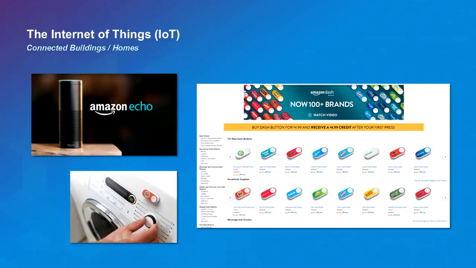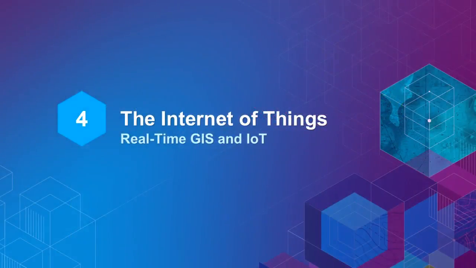The neat thing about it, too, is effectively there's no cost for users. Right now, Amazon has these for $4.99. Not that I'm working for Amazon or anything, but they're $4.99. But then the first time you buy something, you get that money back. So it's a cool way for people that just want to play with it. Hey, may as well pick a brand you like and order a couple. I know a couple of us in the room on the team have bought some just for the sake of having them. So it's pretty neat. So the package will come over drone delivery. Yeah, it works pretty good.